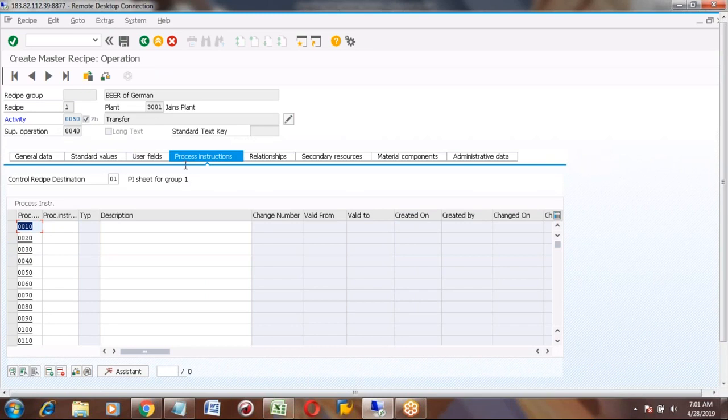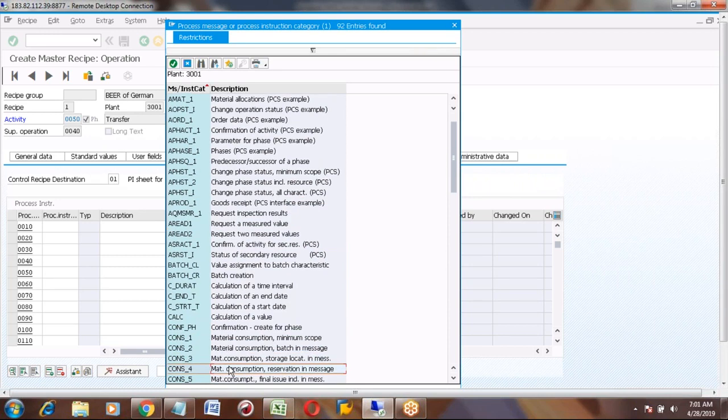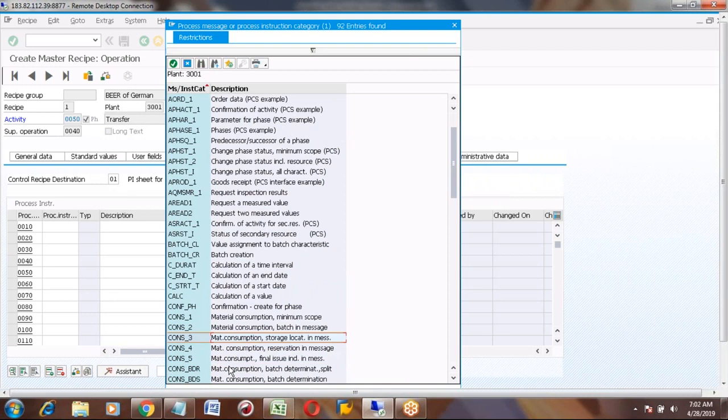You can see this is the process instructions. SAP has the standard instructions, standard instruction categories. You can select. So these many instructions, whichever you want to send, you can send. For example, goods receipt, or material consumptions. That means raw material is there, you consumed it, so that information you are sending, so he will enter